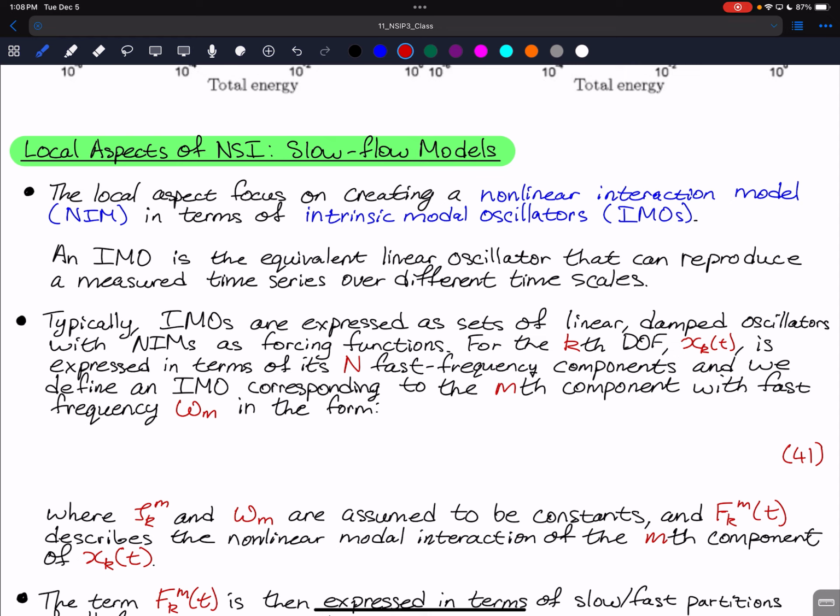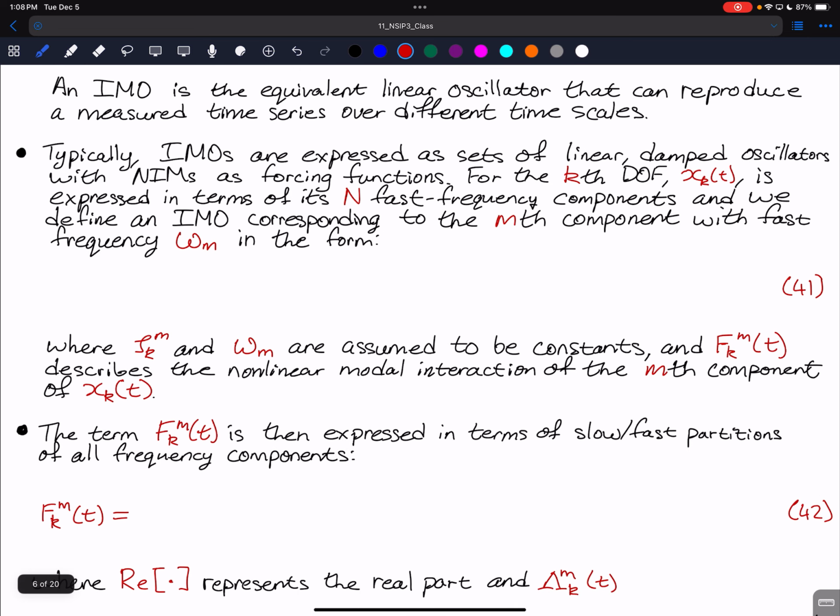And then we define an IMO corresponding to the mth component, which has a fast frequency omega sub m, in the form of, in this case, x double dot sub km of t plus 2 zeta sub km times omega sub m times x dot sub km of t plus omega m squared times x km of t is equal to some forcing function f sub km of t,